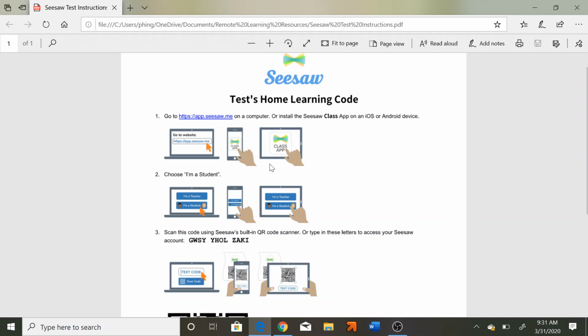even phone or tablet. I'm on a laptop, so I'm going to show you how to access the website via browser. But if you're using a phone or a tablet, go ahead and pop into your phone's App Store and download the Seesaw Class app. So I'm going to go ahead and show you how to get started on a browser. So I'm going to type this URL into my address bar,